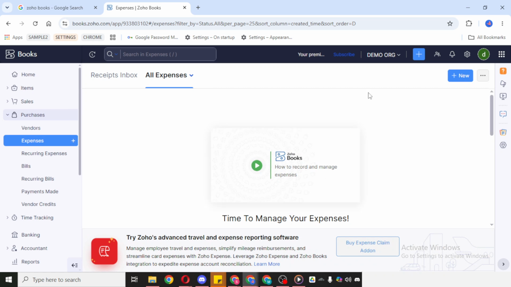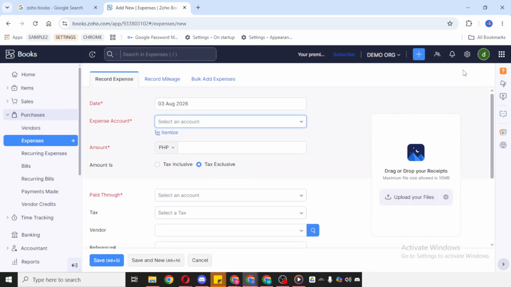When you're here, pay close attention to the Expense Account field, because this is what tells Zoho Books how to categorize the payment in your financial records. Click on the Expense Account field and choose Salaries and Employee Wages. Selecting the correct category is important because it helps keep payroll-related expenses separate from other operating costs. That makes your reports cleaner and gives you a more accurate picture of how much your business is spending on employee compensation.